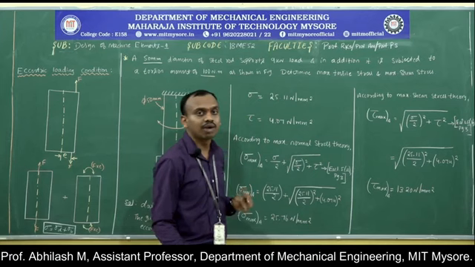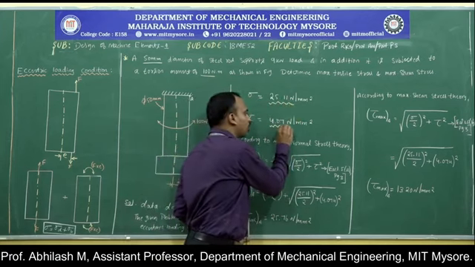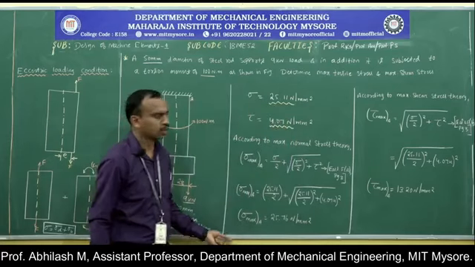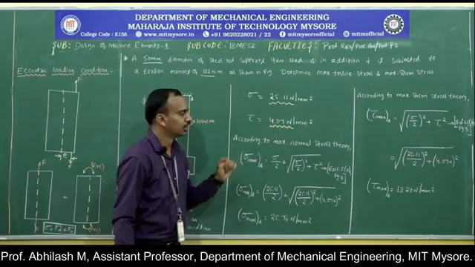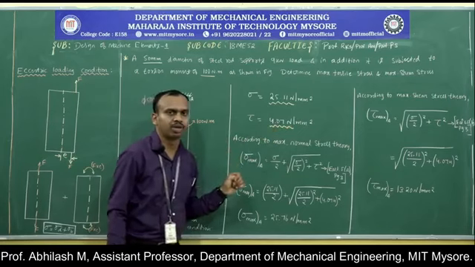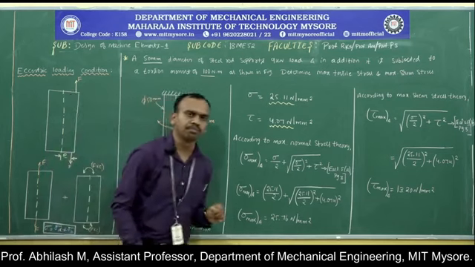So we have calculated the value of the stresses because of the eccentric load and the twisting moment that they have given in the problem. The values are 25.11 and 4.07. These two are the values obtained because of the eccentric load and the torsional moment that they have given in the problem.